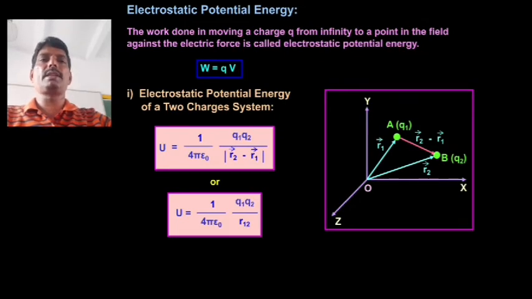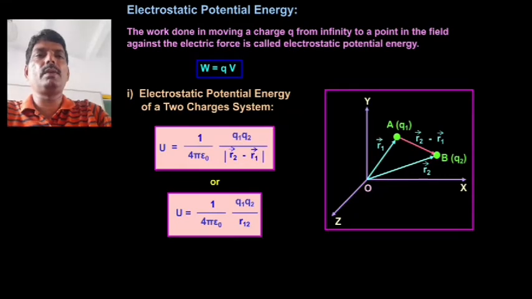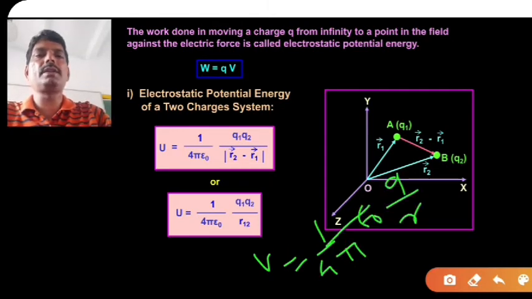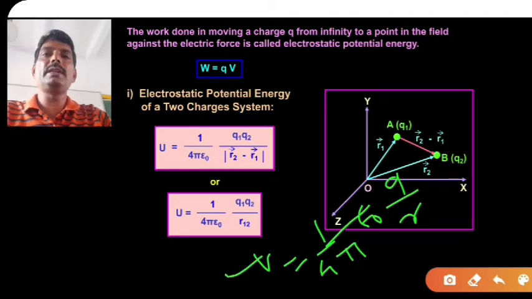Now, the main concept about the electrostatic potential energy. What is meant by electrostatic potential energy? So, here first of all we will calculate the electric potential energy due to a two charge system. Now, electric potential due to a single charge you have calculated, and you have got V = 1/(4πε₀) Q/R. This you got as the relation for the potential due to a single charge.